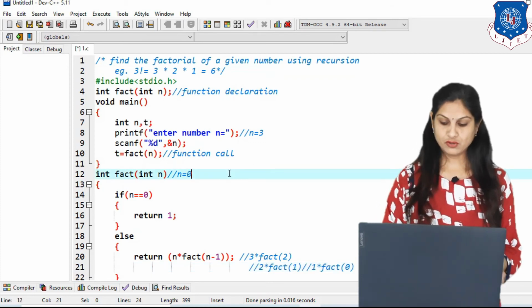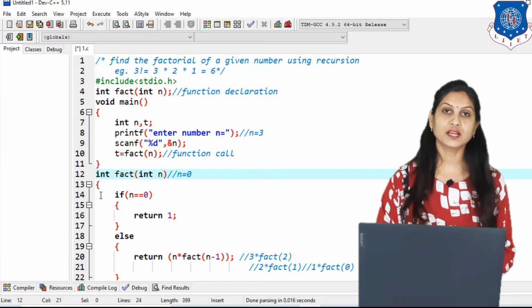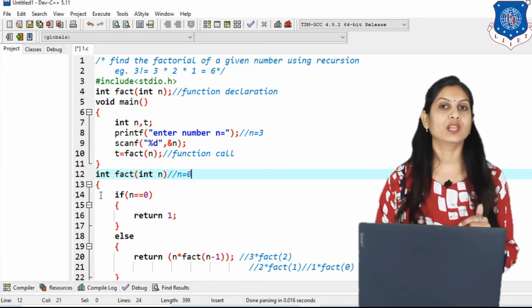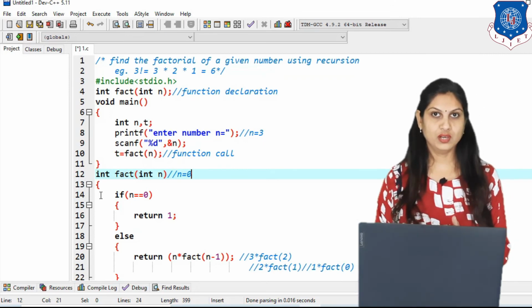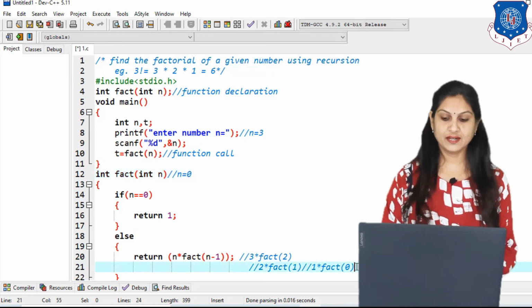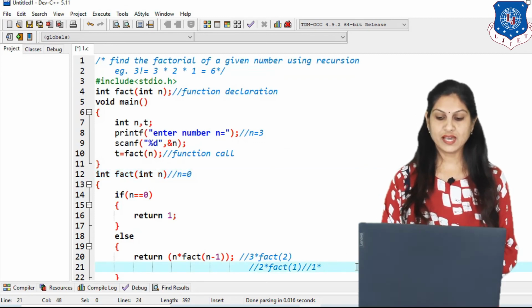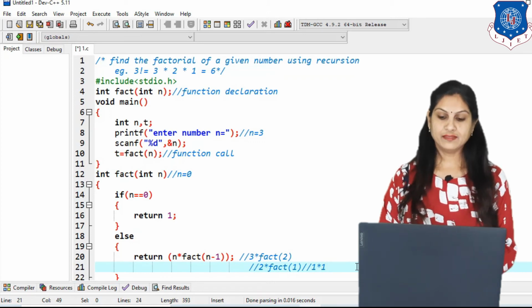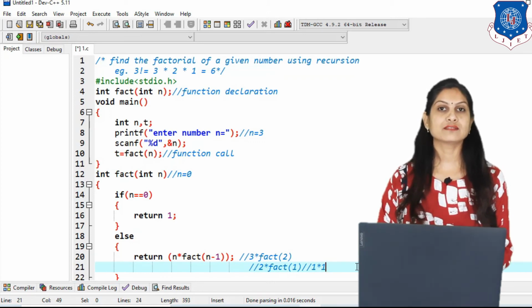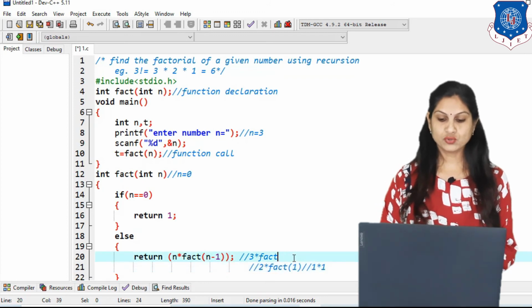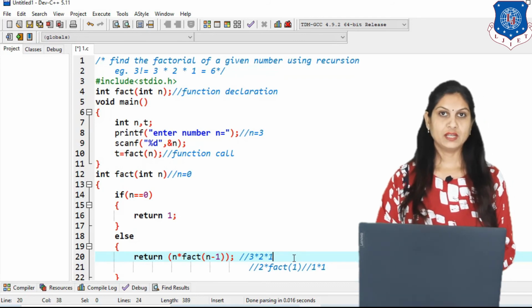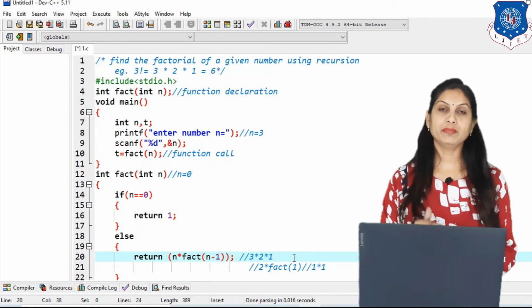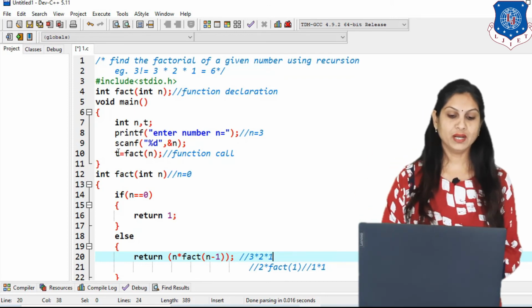So now the updated value of n is 0 and our first condition becomes true, that is n equals 0. So the answer of fact 0 will be returned to the function call inside the function definition, and that is what? In fact 0 the answer we are getting is 1. Clear? And then 1 into 1, that is the answer of fact 2. So fact 2 will be changed now, and that is 2 into 1. So the logic is just like 3 into 2 into 1. Clear? And that final answer will be written in our void main in a variable t.